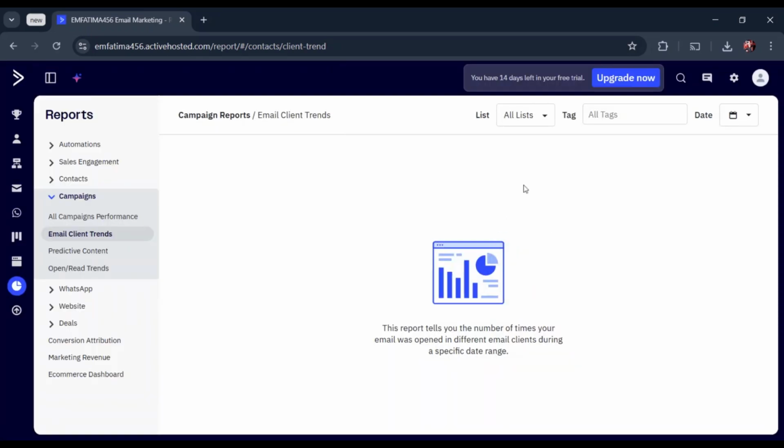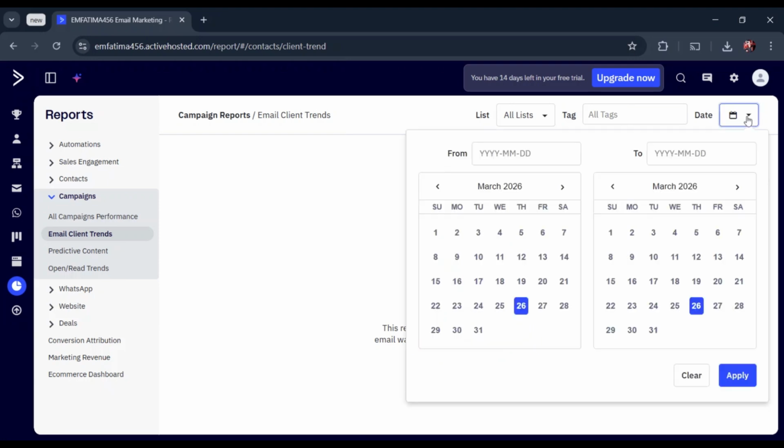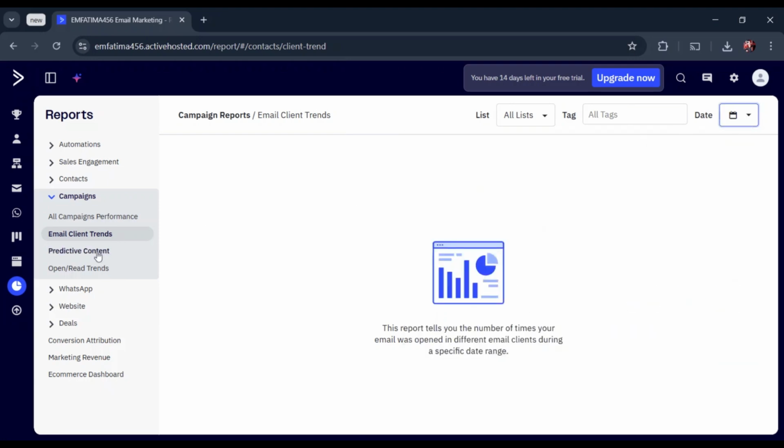Creating your first email campaign helps you connect with your audience, promote your content, and build strong relationships over time. And that is it. Now you know how to create your first email campaign in